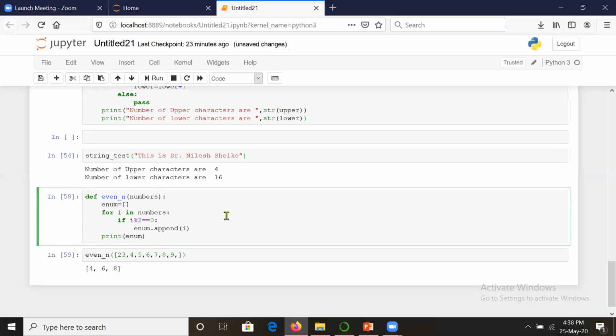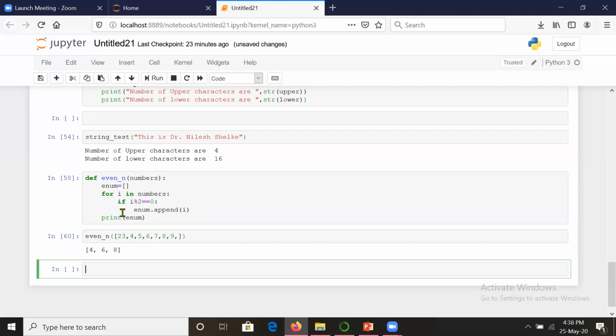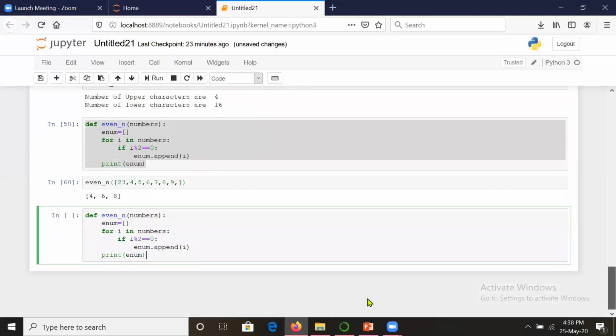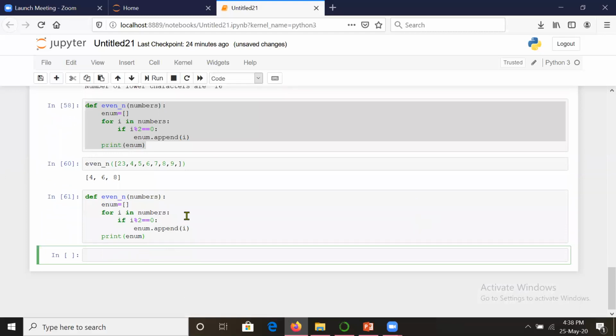Suppose we write one more program. I hope that we are increasing the program. Video length is increasing, but guys, if you practice, then and only then you will be a good software programmer. So let's move ahead. Let us do one function. It is the last function. Let us take one function which gives the unique list.